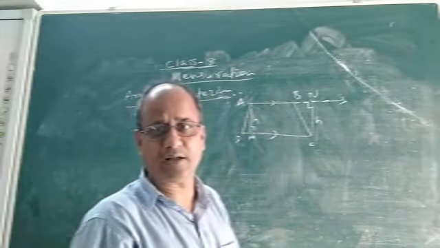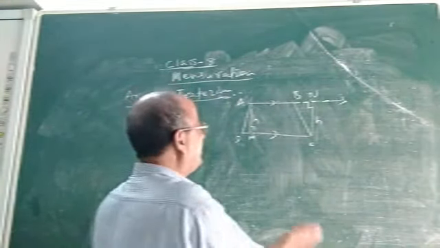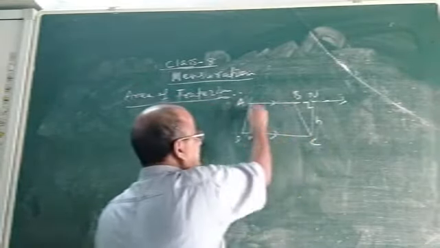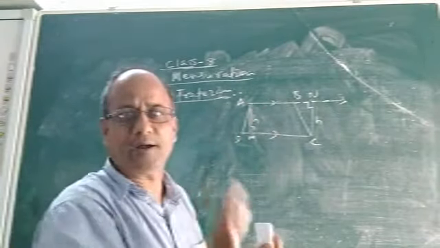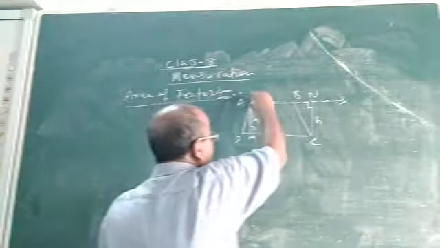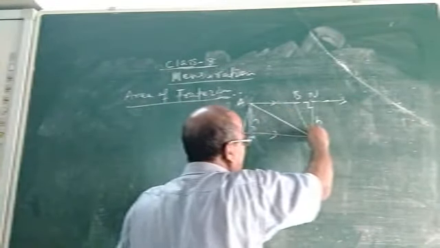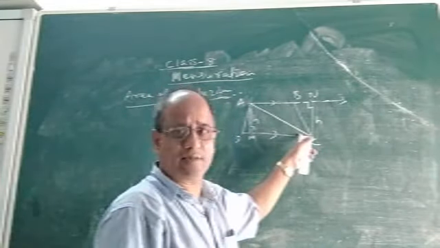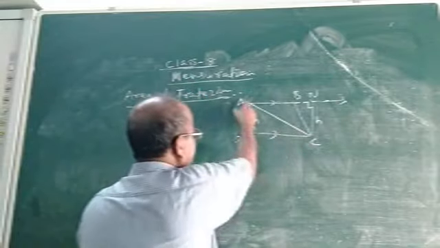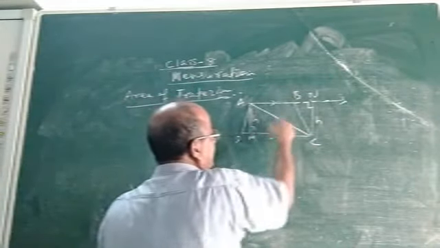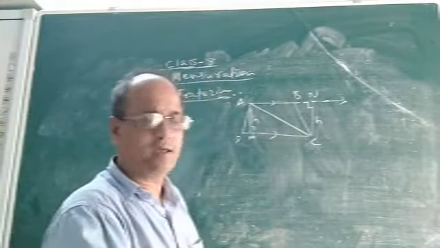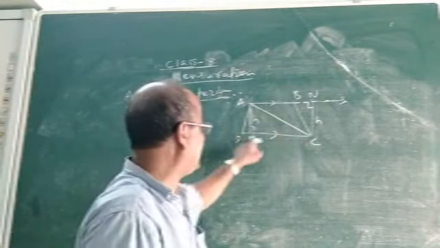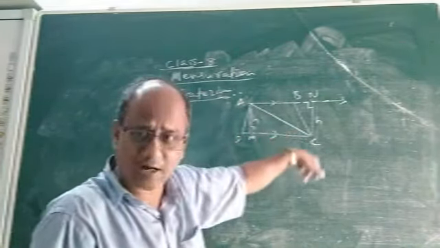Now how can we find the area of the trapezium ABCD? We are given the length of AB, the length of DC, the two parallel lines, and the altitude H. What will be the formula? To find the area, we just join any one diagonal. Suppose I join the diagonal AC. Now the trapezium ABCD has been divided into two triangles. If we find the area of triangle ADC and the area of triangle ABC, and add the two, we will get what?